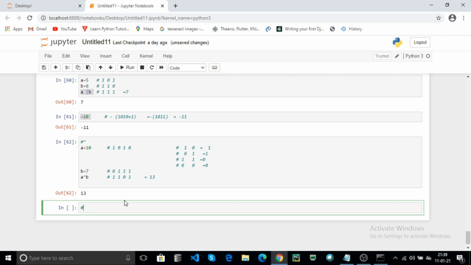And use the left shift operator. Now what does the left shift operator mean? It shifts the data right to the left.